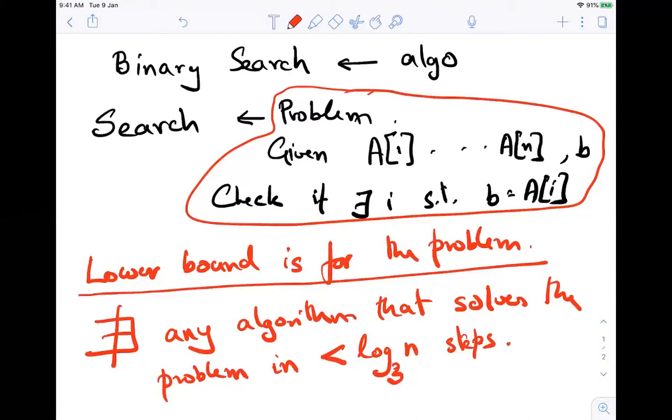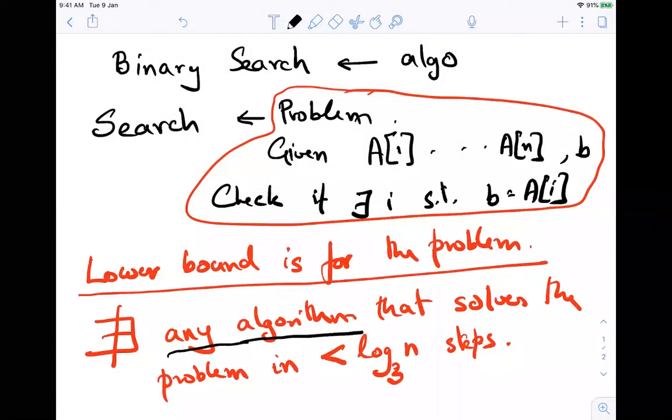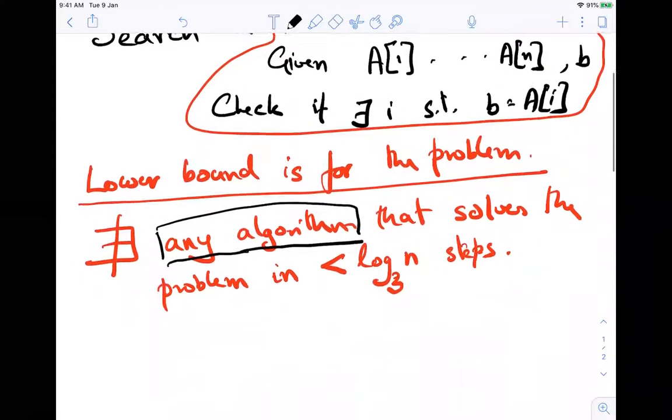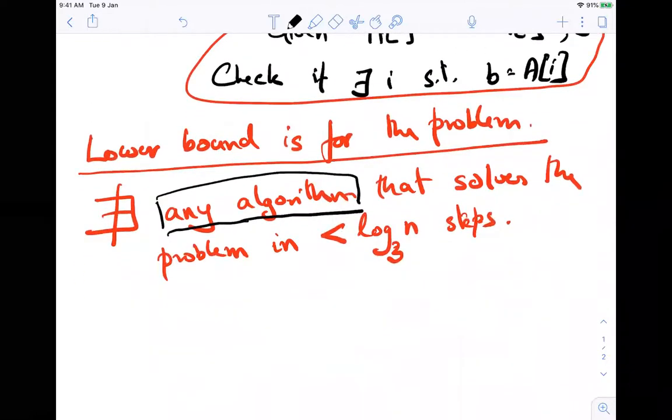Okay, is it clear? So this is what we want to prove. Now there is another thing that I am not told about. What does this algorithm mean? What does it mean by any algorithm? Okay, so here I am using some kind of a, so this means that any algorithm,